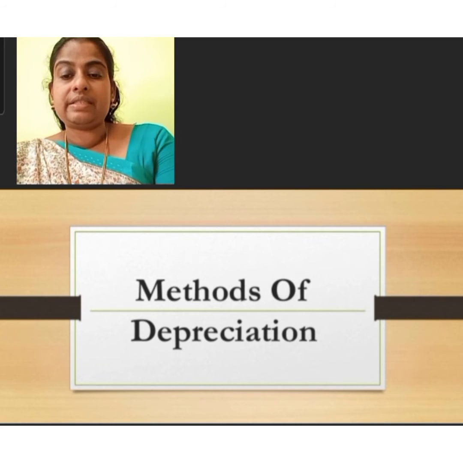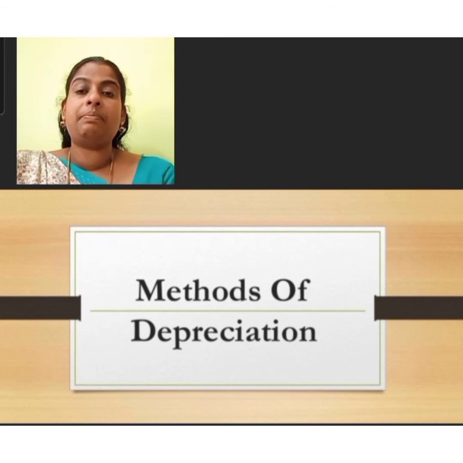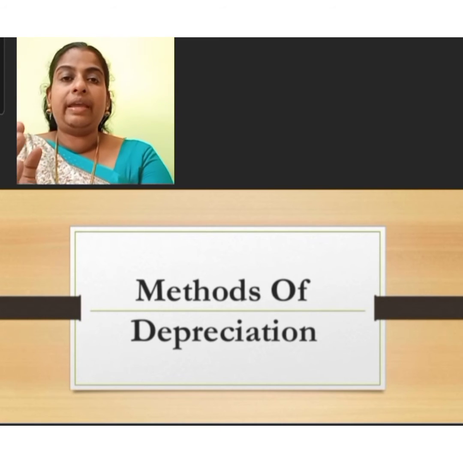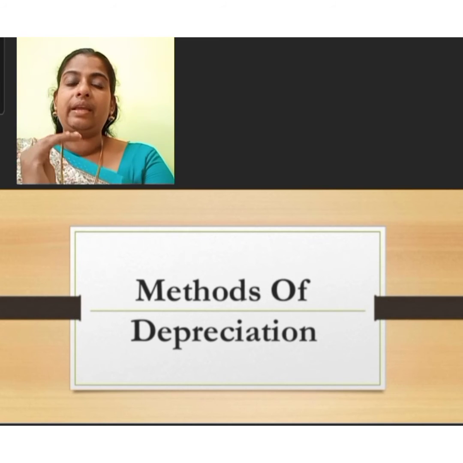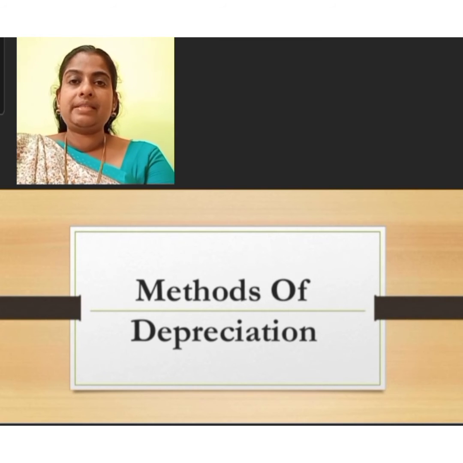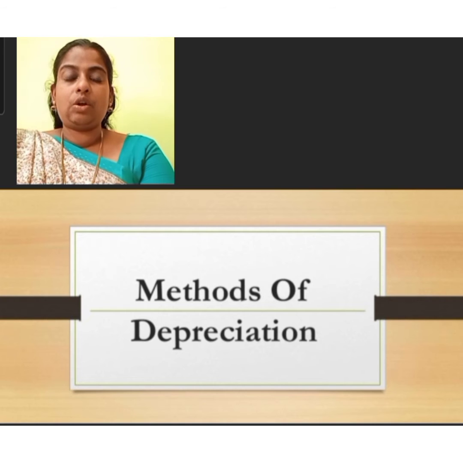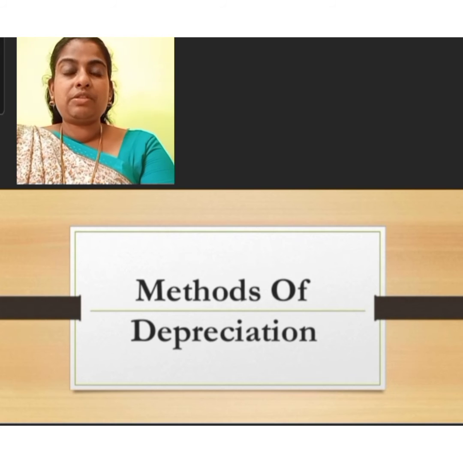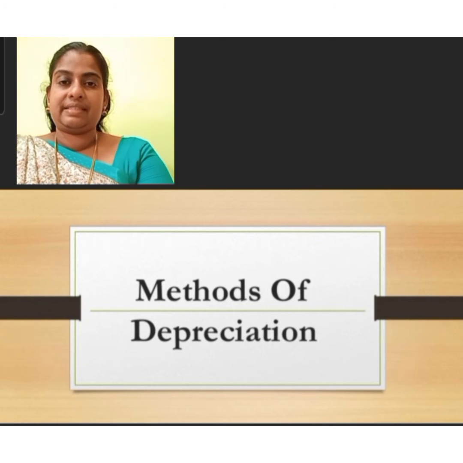The important advantages of using straight line method are: first one, it is a simple method. This is the simplest method of providing depreciation. This can be easily understood even by an ordinary person. Calculation of the depreciation according to this method is also very simple. Then another important point is assets can be completely written off. According to this method, assets can be written off to zero. The depreciation is calculated on the original cost of the asset at the specified rate. So the value of the asset is fully split over the useful life of the asset.